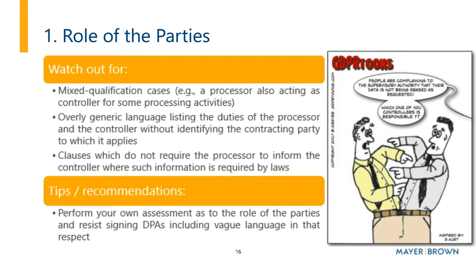So based on our experience, the first thing that may cause confusion in a data processing agreement, and most likely one of the first aspects that is the basis of negotiation, relates to the role of the parties. So what is your role under the agreement you are signing? As a general rule, when negotiating and drafting data processing agreements, you should try to be as clear as possible as to what role you are playing and the role played by the other party to the